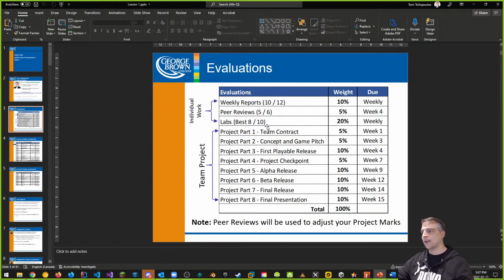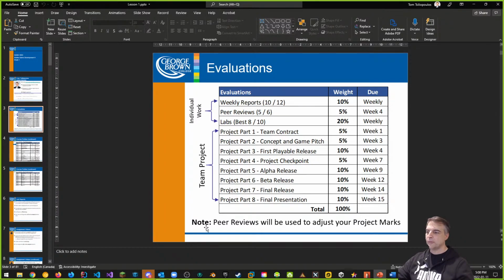Those are individual marks as well as labs. So we'll have technical labs, technical demos that we'll be doing every single week. And the technical labs are pretty much straightforward. However, one of the requirements that's going to change this semester is you'll be doing a lab report along with your video. So that's what's coming up for these. So mostly 35% of your work, for the most part, starting off is individual. The rest is group work.